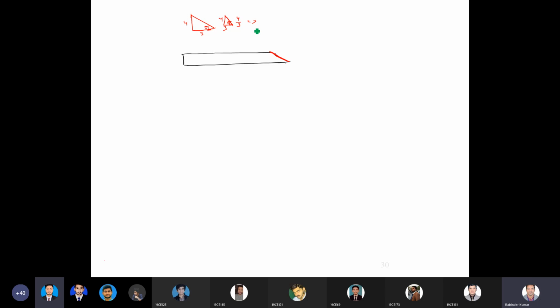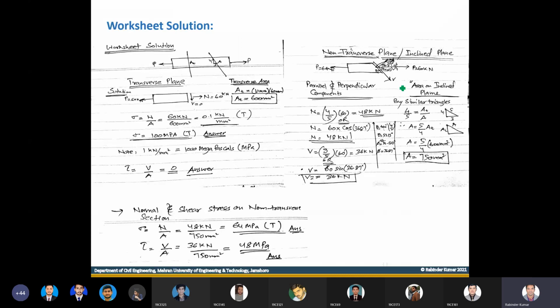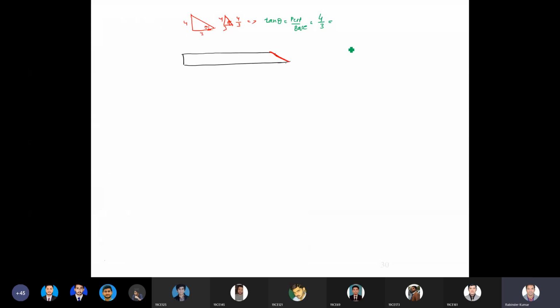Sin theta, cos theta, tan theta. Sir, tan theta. Exactly. So tan theta is equal to perpendicular over base. And we know that the side opposite to theta is always the perpendicular, so this will be 4 by 3. So I have got the values. So this is 4 by 3 and this will become 53.13. Okay, so theta is 53.13 degrees.